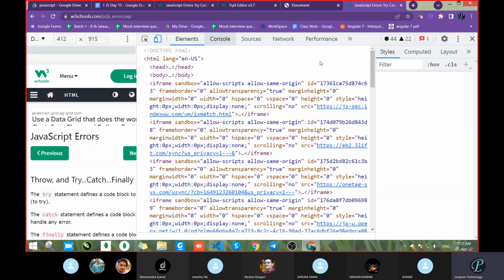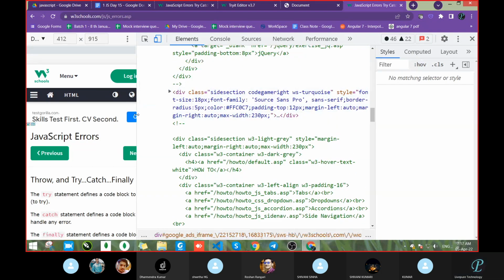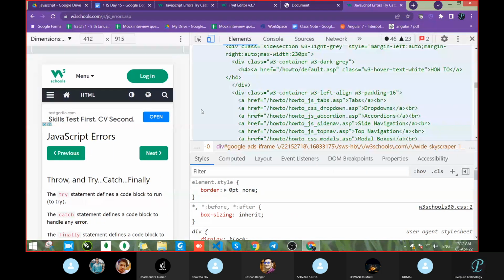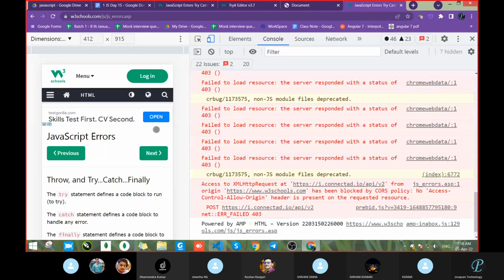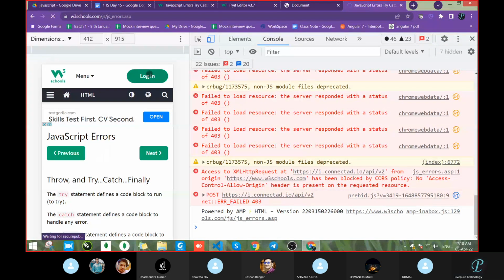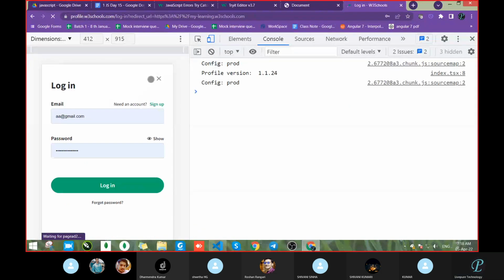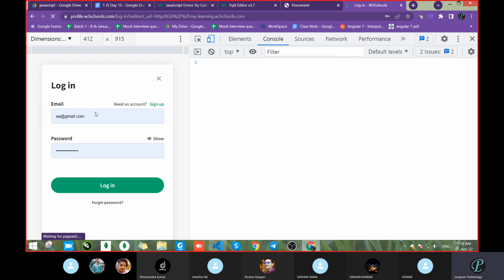So let's go to the network tab. You know what is the use of the network tab? First go to the console, click on login, and let's see what we are going to do. Delete this.